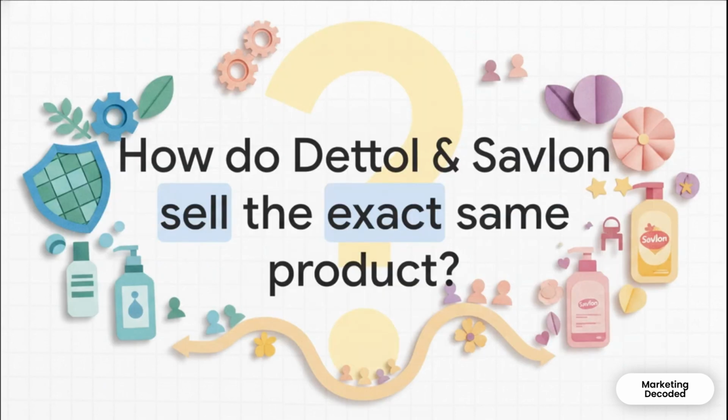But you know what? That still leaves one massive piece of the puzzle unsolved. Think about it. Once you've chosen your target audience, how do you actually get them to view your brand exactly the way you want them to? How, for instance, do brands like Dettol and Savlon take what is basically the exact same chemical antiseptic liquid, yet manage to sell it to completely different consumer mindsets? Well, that is the pure magic of positioning. It's the final step in the STP trilogy, and we're going to unpack exactly how they pull it off in